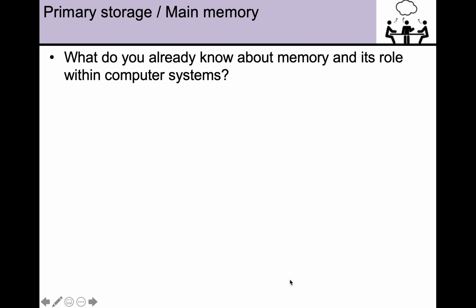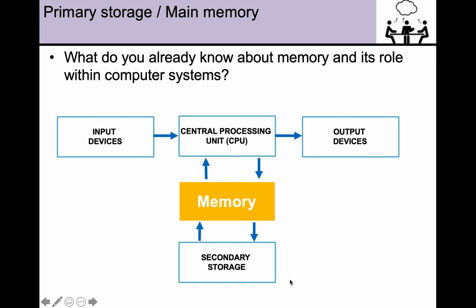So what do you already know about memory and its role within computer systems? Well, if we take a look at the model of a computer system, the von Neumann architecture, a computer system takes inputs, it processes them, and produces outputs. And we've got memory there, and memory is where data and instructions are held. We've talked about memory in the von Neumann architecture, and in the fetch, decode, execute cycle,